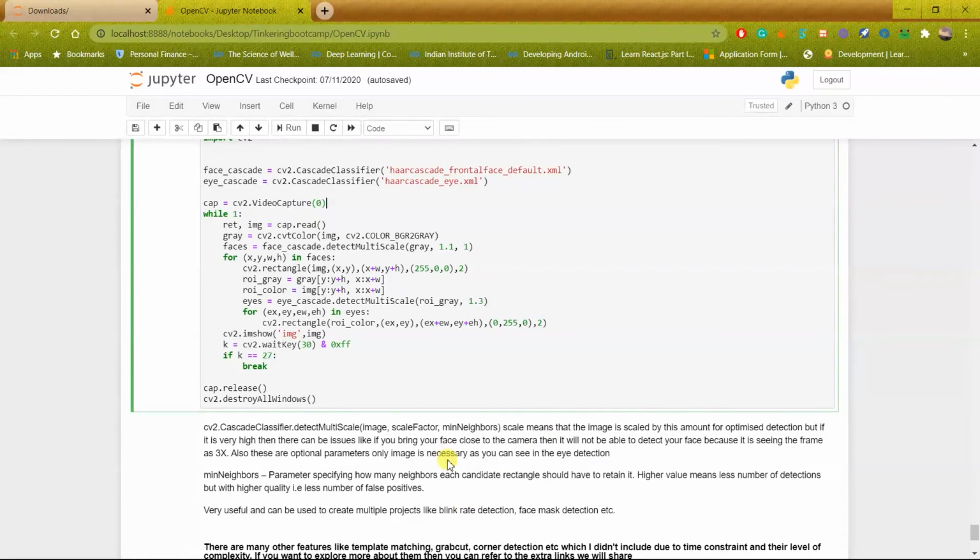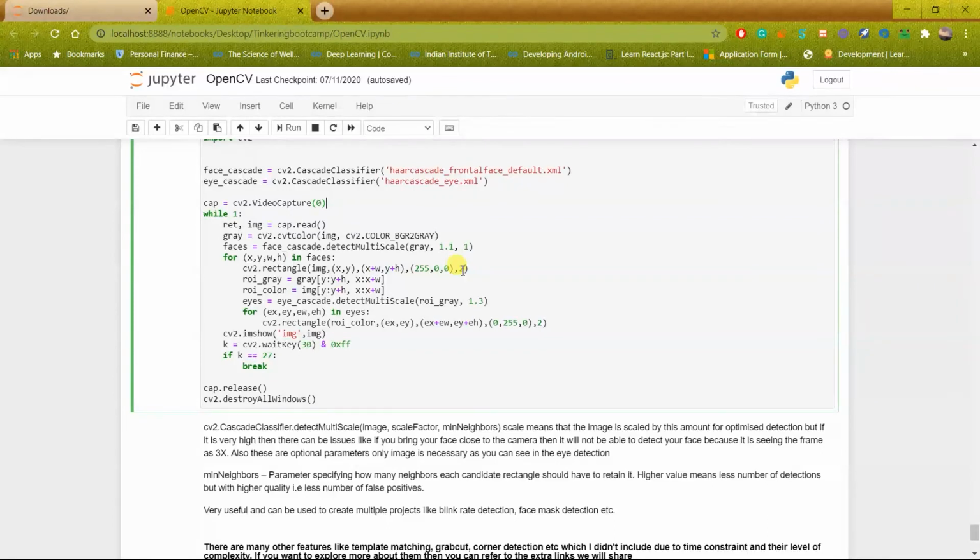These parameters are optional and you can skip them also. I have used the scale factor as 1.1 for optimal detection. You can also use 1.2, up to 2, up to 3, but I don't recommend going above a scale factor of 2 or 2.5, but you can experiment with these parameters and decide what is suitable according to your purpose.